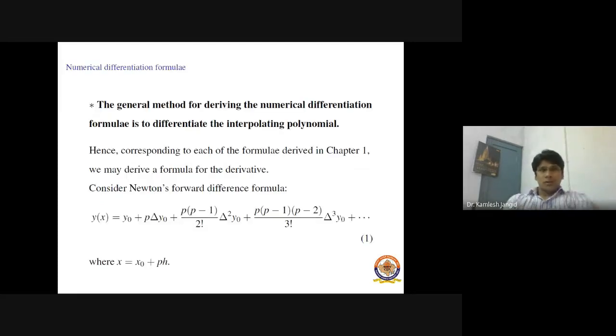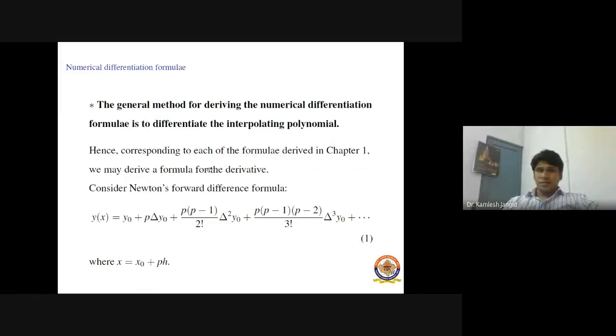So how do we find the numerical differentiation formulas? The general method for deriving the numerical differentiation formula is to differentiate the interpolating polynomial. It means if we are given n plus 1 data points and we are interested to find the numerical derivative, first we find the interpolating polynomial passing through the given data points, which we have already studied in the previous lectures. Then we find the derivatives of first order, second order, whichever is required. Hence corresponding to each formula derived in chapter 1, we may derive a formula